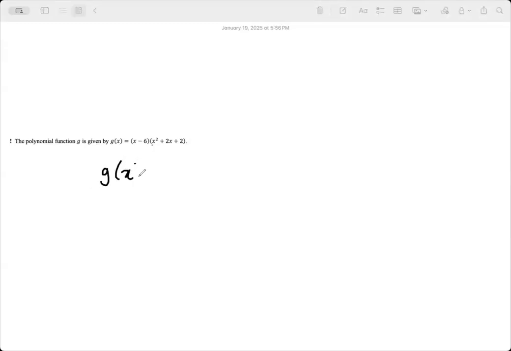So how about this, g of x equal to x minus 6 times something? If you're given a polynomial equation like this, as soon as you see this, are you able to see what degree polynomial this is? Sahil, your video is not on. What degree polynomial is this first? 3. Good. But what other details can you find? It has a root of 6.